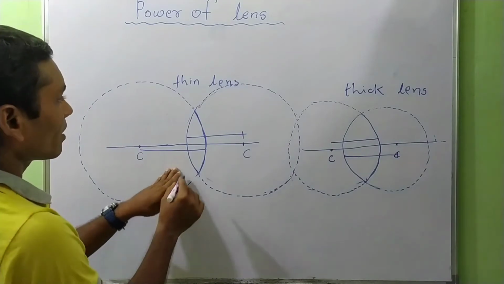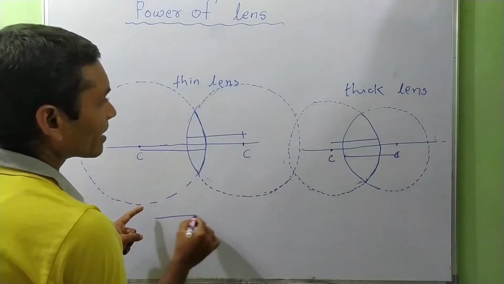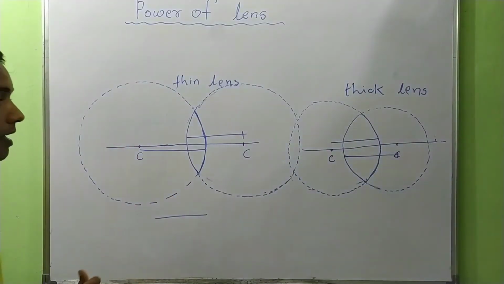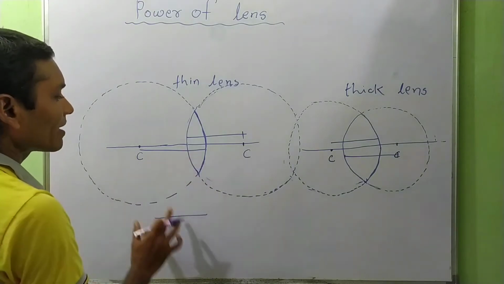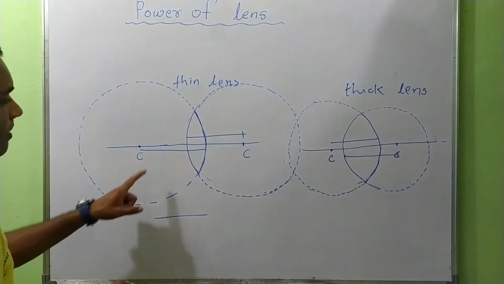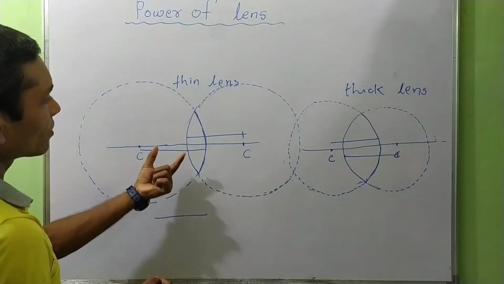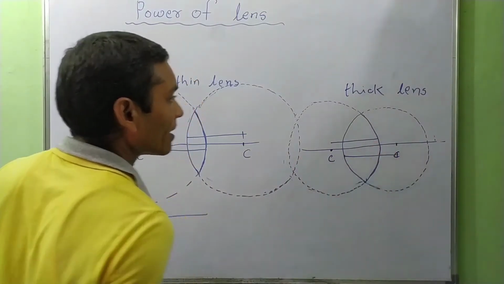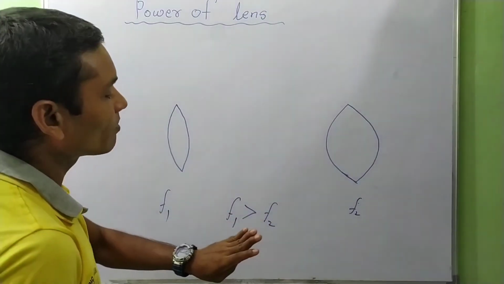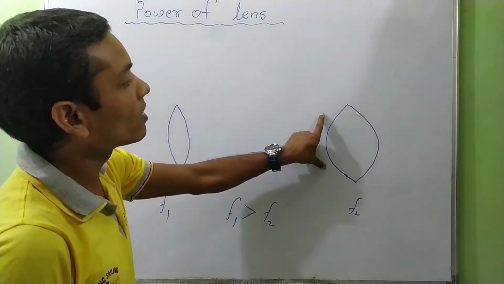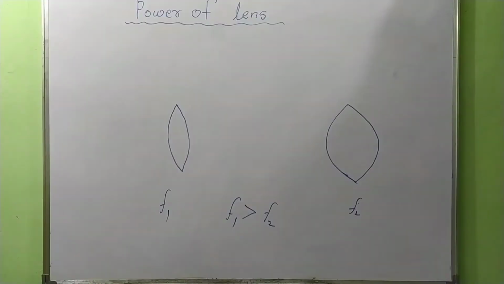The radius of curvature for thin lens is greater than the radius of curvature of thick lens. If the radius of curvature of thin lens is greater than the radius of curvature of thick lens, that's why the focal length of the thin lens will be greater than the focal length of thick lens. For the same height of the lenses, the focal length of thin lens is greater than the focal length of thick lens. Okay, means this thin lens,